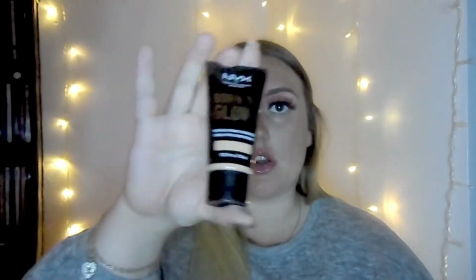Foundation, I loved the NYX Can't Stop Won't Stop foundation. I wore this in colour Natural, but I was really starting to run out and I panicked before lockdown in case I ran out of foundation. I still had to carry on going to work or whatever, so I bought the NYX Born to Glow foundation, because when I actually came to get another one of these they didn't have any more left, and I was devastated because I've not really tried any more NYX foundation, but this one's really good for rosacea and really